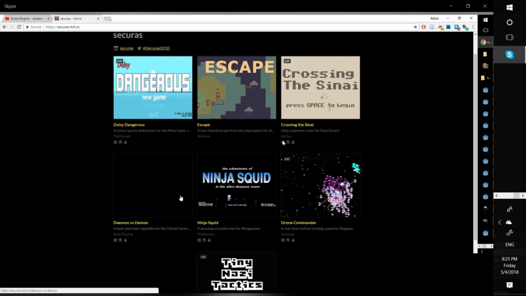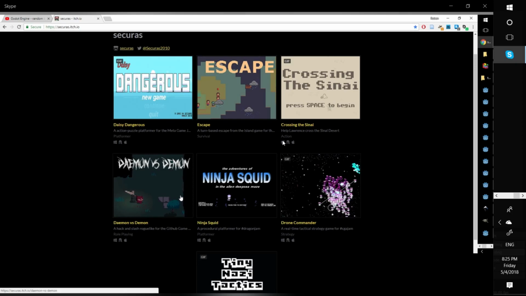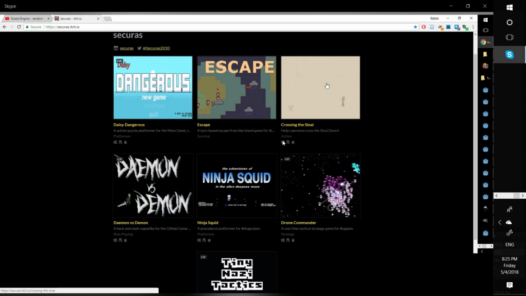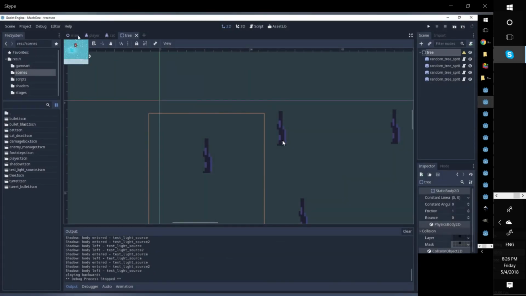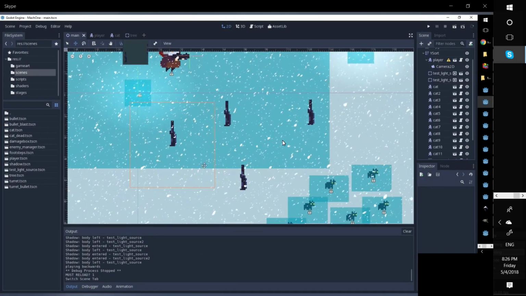Oh, sorry. Anyway. Yeah, well, okay, so I'm also having a lot of fun, and that's actually the number one purpose. But it's true that there are many things that you can do in these games, and what better way to try them than to make small mini games that implement these things. Like this Crossing the Sinai is one of them. It's a pretty obvious one. Escape is another one. Even Daisy Dangerous had one. All of these have something, especially this one. This one has the snow environment,